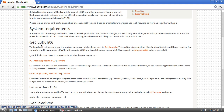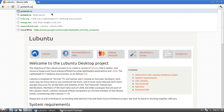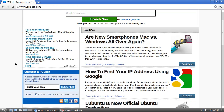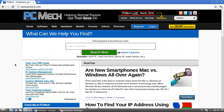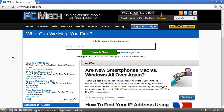I do like the fact that in this distribution all the fonts look great. I'm big on fonts. I say that whenever I do one of these. And if the fonts aren't right, I notice. The fonts are perfect in Lubuntu. So you don't have to worry about whether something is too small or too big to read or whatever. You can, with the Chromium browser, that helps, granted, with websites, which is where you read most of your stuff. And when you're in other apps, such as AbiWord, if I just bring that back up for a moment,